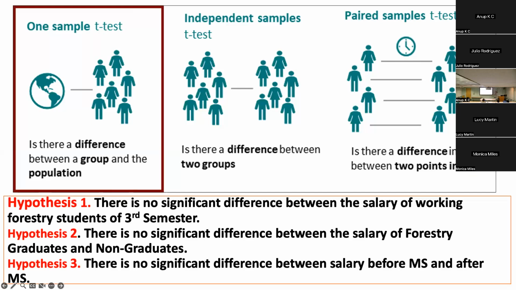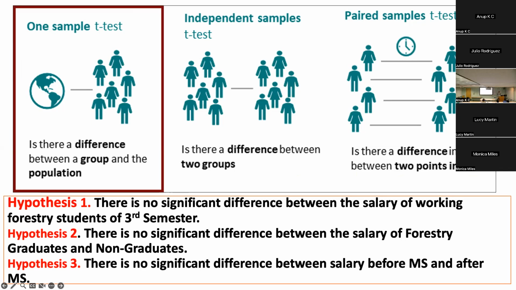If it is the whole population, and you don't know who is male and who is female, in that case you will go for one sample because the grouping is only one. If you have only one group, it is one sample. Two groups, two samples. Suppose you have to measure the difference in income between,